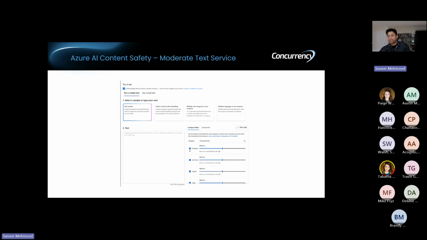So you can tweak the violence level, the self-harm level, the hatred level, the sexual level, all of that, into different thresholds, whether you want to allow it, block it, or keep it medium, and then test your output and let your model run accordingly. That means you're actually monitoring and controlling the output. This is a snapshot from the window itself.